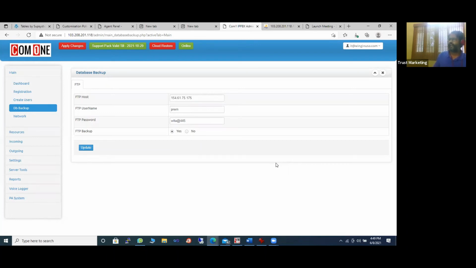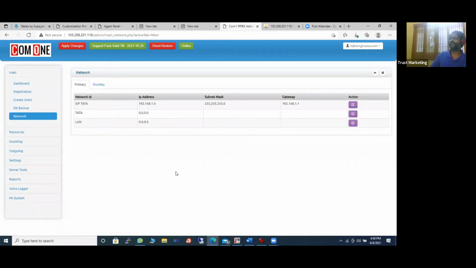Okay. If it is not, then we advise you to create an FTP backup. FTP creation is a very, very simple process. You can create it on the cloud, and the database is a very minimal file transaction, so it hardly matters. There are cloud servers available. Or if you have a NAS or any other device, you can create an exclusive non-secure FTP account on port number 21. Then just put your FTP host details and things like that, and put yes, and it automatically gets created over here.